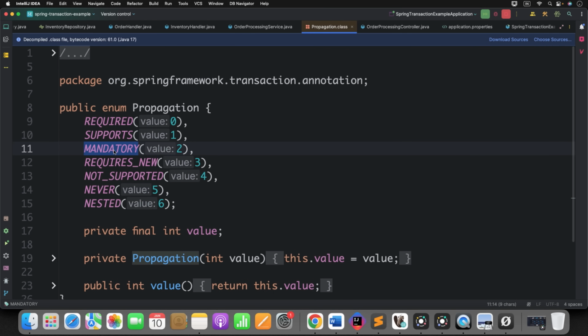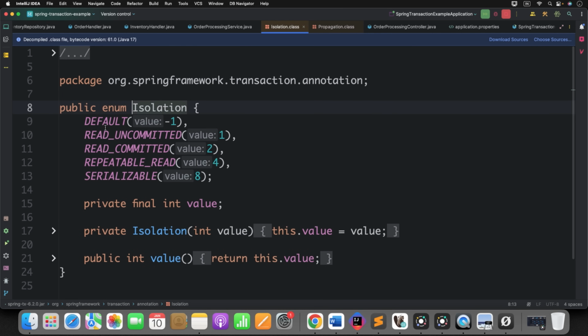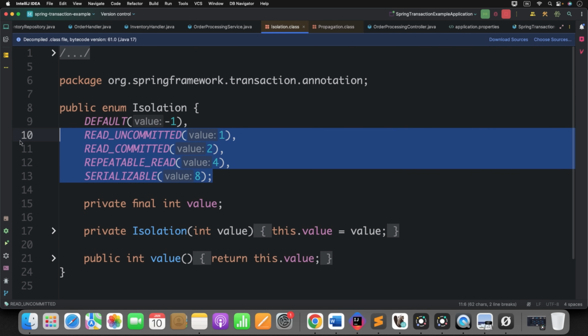You should know that, rather than just knowing the theory about what propagation is, what the default one is, and how I can use it. Similarly, if you go back and check the isolation, you will find 1 2 3 4 5. This you can ignore. You can find 4 useful isolation levels: read uncommitted, which is nothing but dirty read,